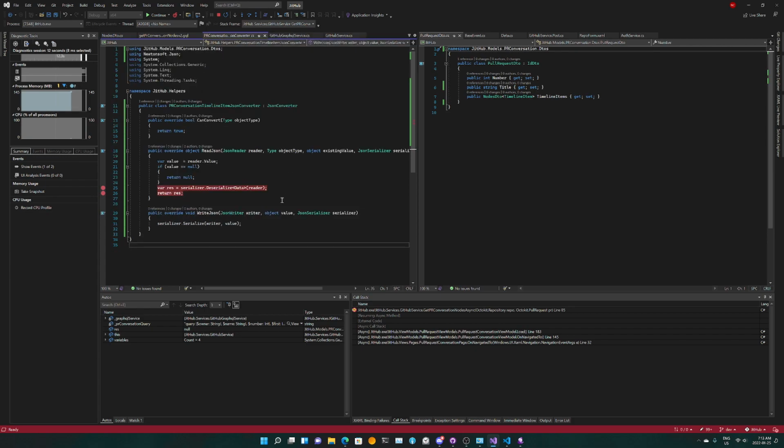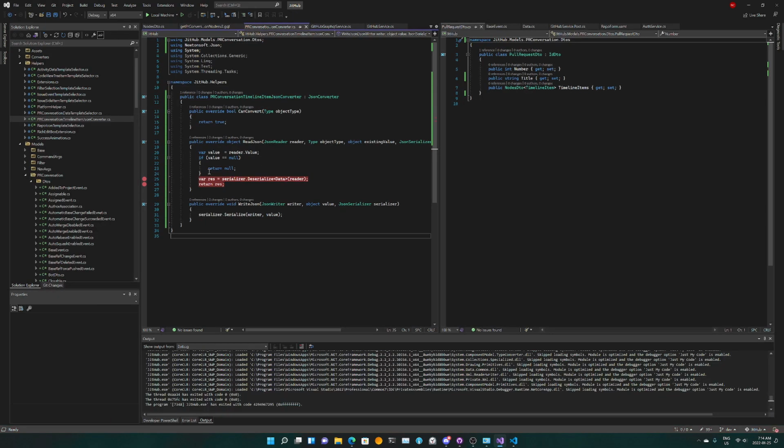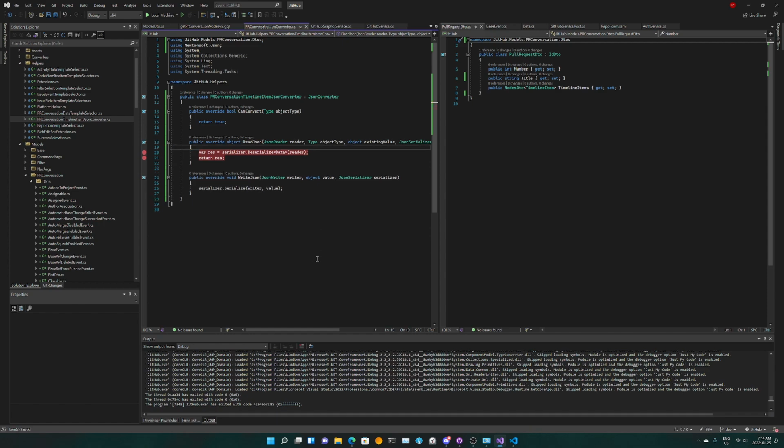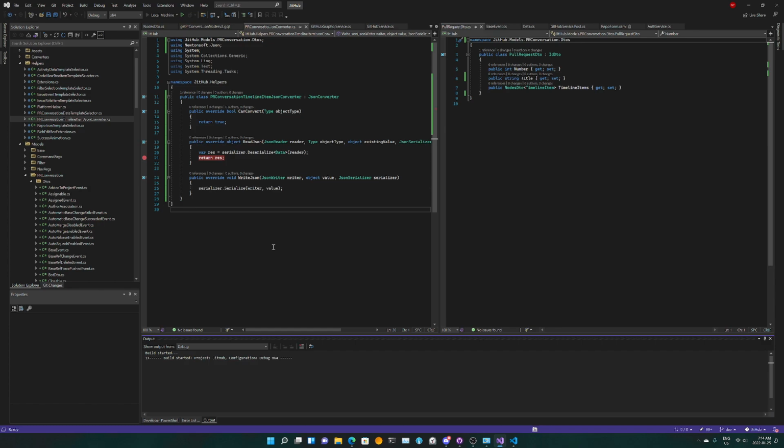I'm not too sure what's happening, but I'm guessing the value is null again, which I don't really get why. But you know what, let's just do this. All right, let's just do this and try to serialize it in the data, and we'll stop halfway and see what happens.